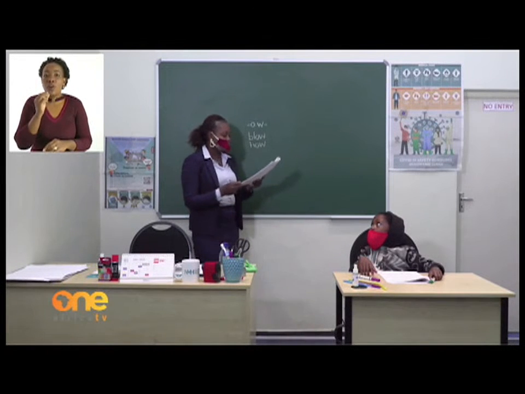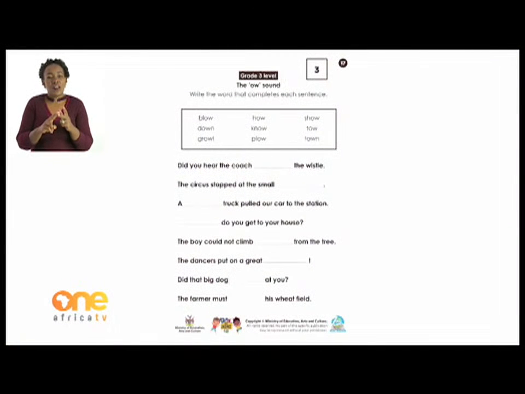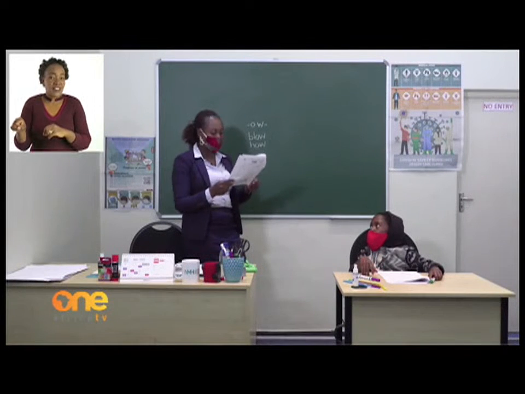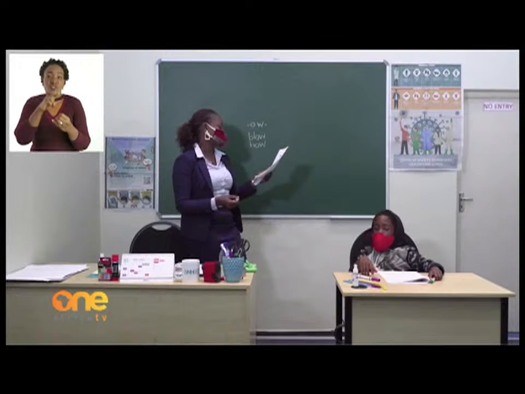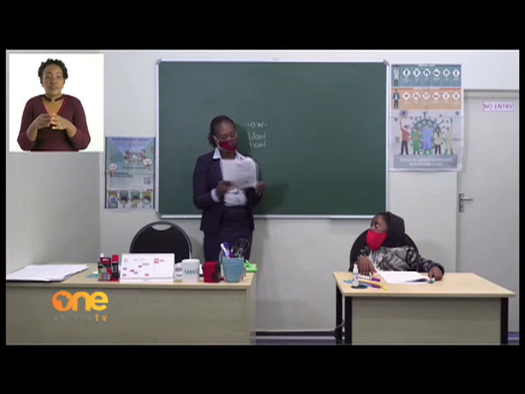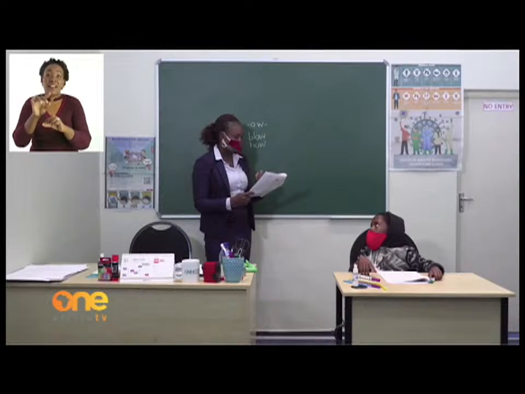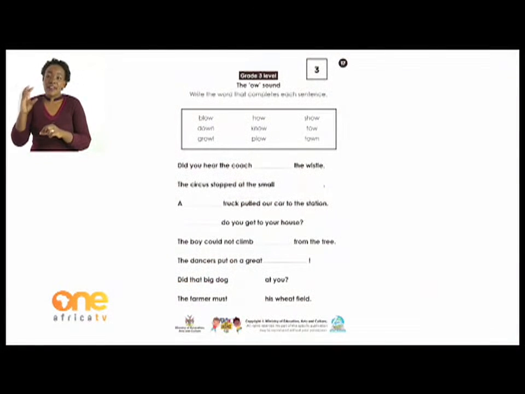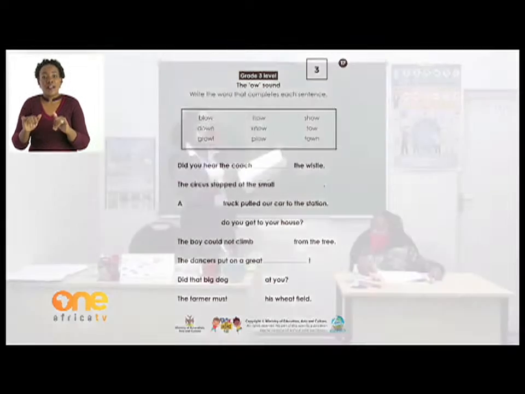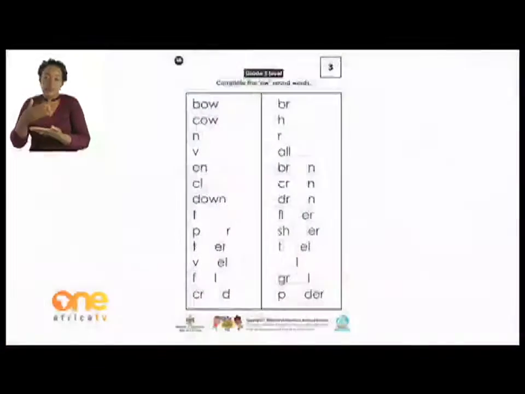Okay? The circus stopped at the small dash. Okay? The answer here is town. They stopped at the small town. So I want you to do the remaining questions, choosing the given words with the sound O, and complete all the sentences. Now, let's turn to page 18, grade 3s, where we are going to fill in the sound O